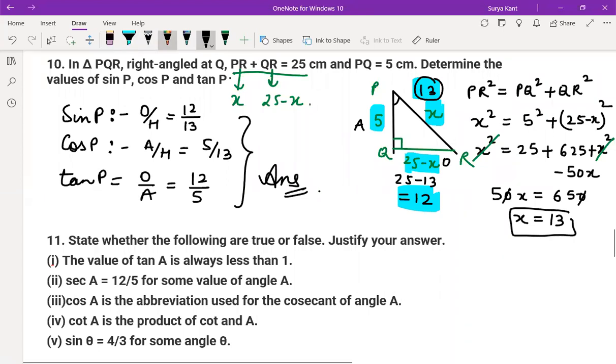So mainly here, just your thinking part, you should write here. This is only the thinking part. If you understood this one, then you can simply put the values in the triangle. You can write opposite, hypotenuse, adjacent, and put the values. Till here, I don't think anyone has doubt, right?